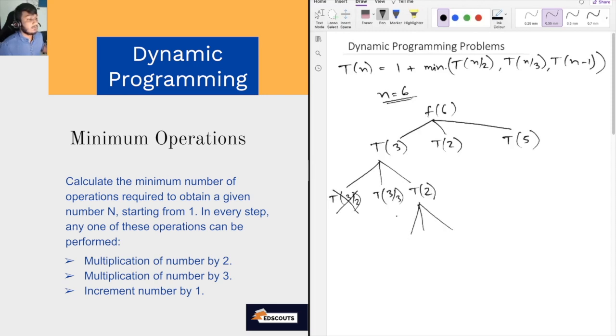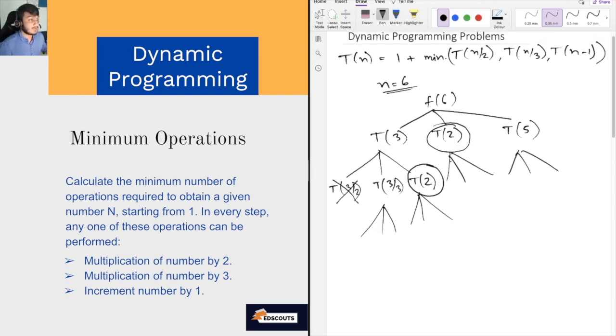Now again we will be doing computations for all the subproblems. If you look carefully, we will see that there are some overlapping subproblems that we are computing again and again. For a bigger number inside this function, there will be many recomputations of these subproblems. So with DP, what we can do is we can store these computations such that once this computation is done, the second time this computation is required, we directly get it from the DP stored value.